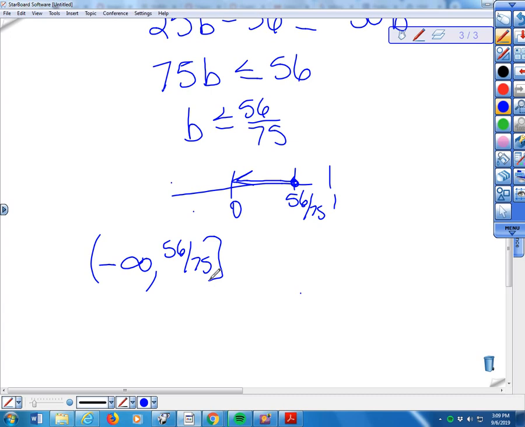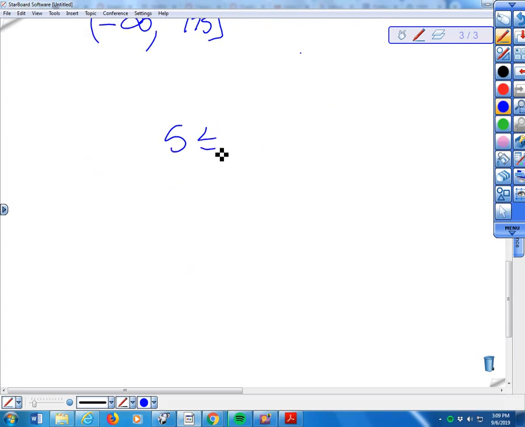Can you do an interval? So when's the right time to use brackets and the right time to use parentheses? Brackets when it's or equal to, parentheses when it's not or equal to. Okay. Say it again, Katie. So like 5 is less than or equal to P plus 1 is less than or equal to 10. Okay, so then we solve it in terms of 4 is less than or equal to P is less than or equal to 9. Yep. And how do I put that into terms